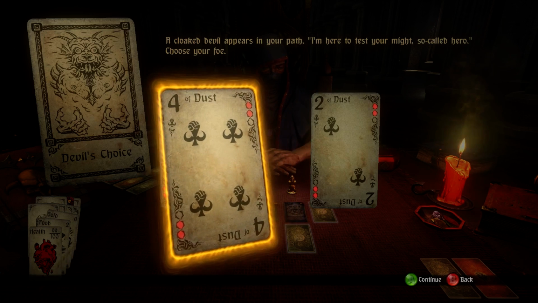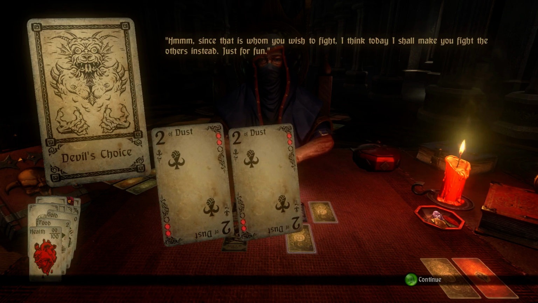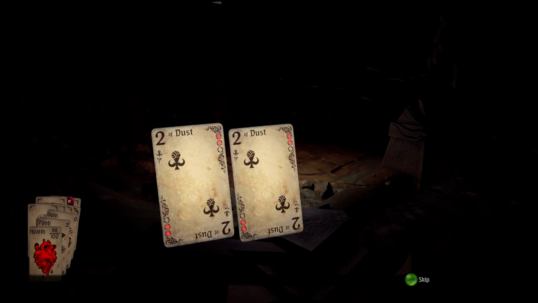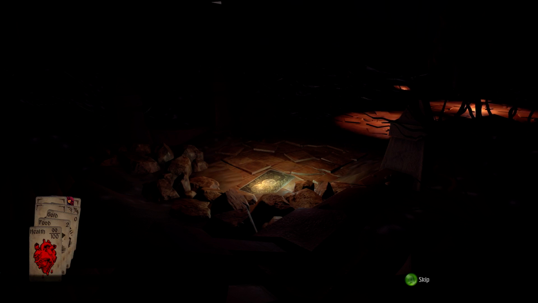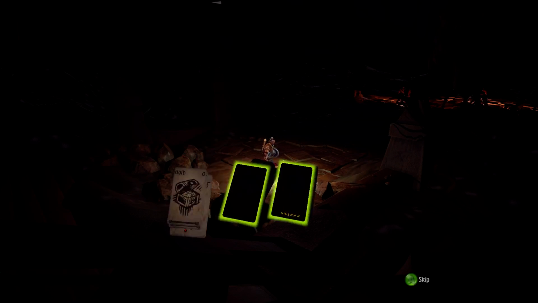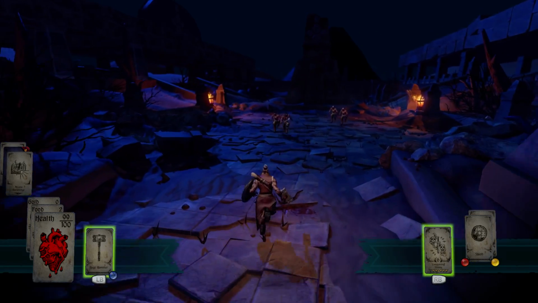So, 4 of dust. So, I think it makes sense to always choose the strongest anyways, because the combination of the other 2 cards, if you don't choose the strongest, are going to make up the difference anyways. If I'd chosen the 2 of dust, it would have been 6 people attacking me instead of 4. If it had changed its mind and given me only 1 of the 2 cards, then that would have been alright, but...